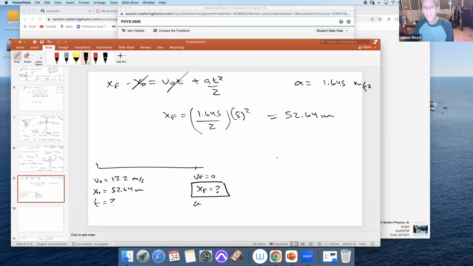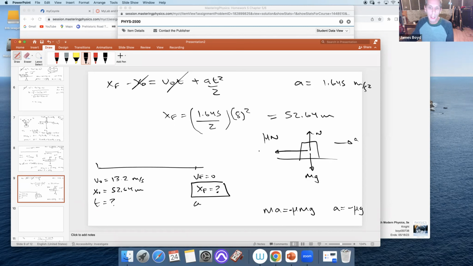And a now, without the thrust, normal and weight are the same, but the only force is mu n, and our acceleration is that way. So ma is mu mg, or our acceleration is negative mu g, in the opposite direction. So our a is negative 0.1 times 9.8, or negative 0.98